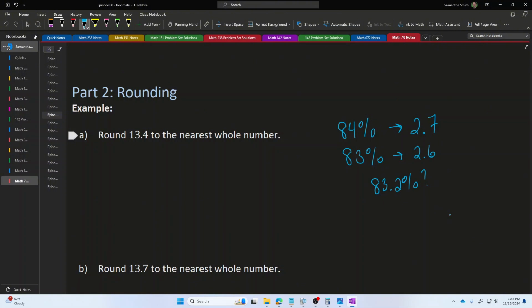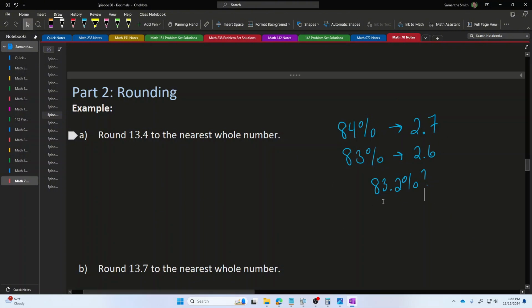Now, if this is in your syllabus for one of your classes and you get a score like 83.2%, the question is, what is your teacher going to do with that? What is going to show up in your transcript in this situation? Well, one of the ways that question is answered is rounding, taking this decimal number and converting it into the whole number that is as close to 83.2 as possible. To give you an example of how rounding works, suppose somebody said convert 13.4 to the nearest whole number.